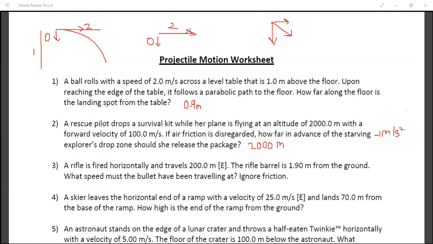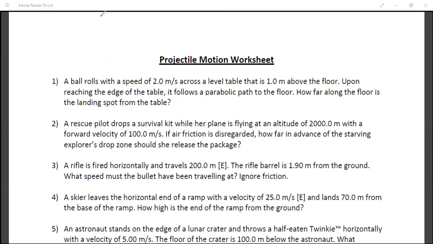I'll just explain the first solution for you. It was given that a ball is rolling from the tabletop. So if I have a tabletop in this form, the ball is rolling from it. When it leaves the edge of the table, it is going to fly off horizontally. So it will go in this direction, due to which it will form a projectile.